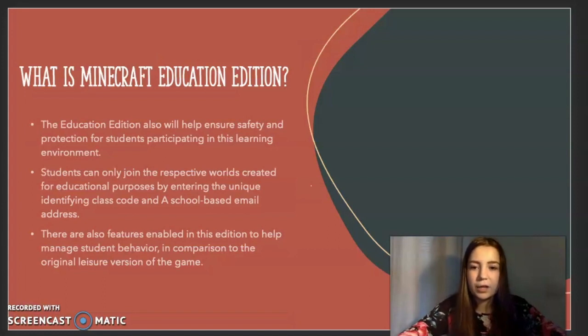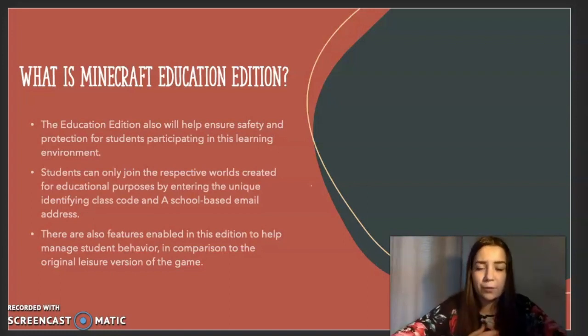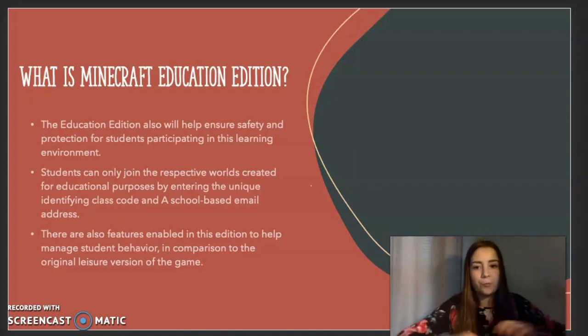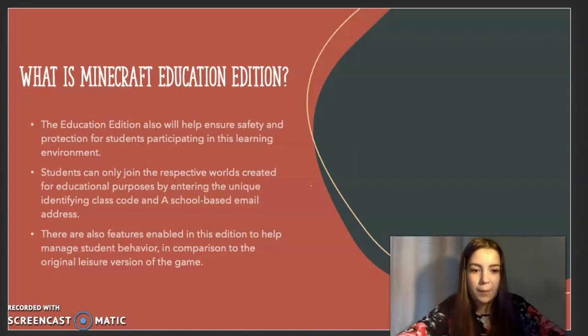As I already went into, the Education Edition will help ensure safety and protection for students who are participating in this innovative learning environment. Some of the ways that students are kept safe is that if I, as a teacher, create a world, we'll say a World War I world for students to come and look at, they can only join the respective worlds by entering a unique identifying class code.